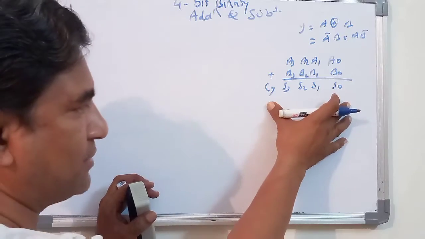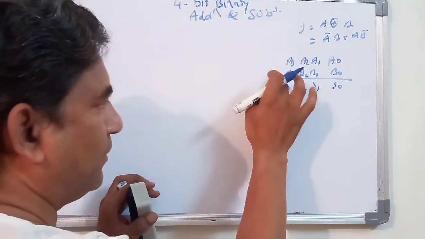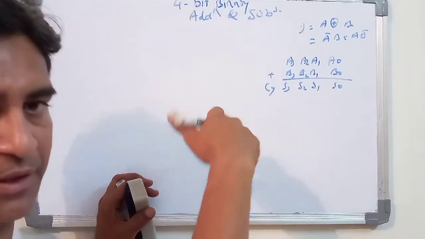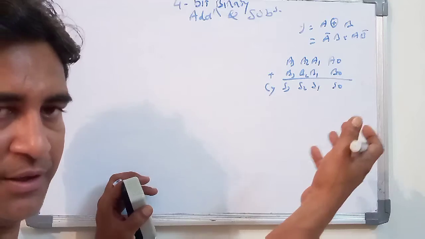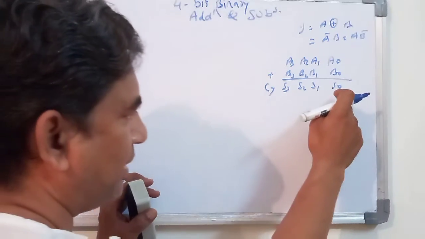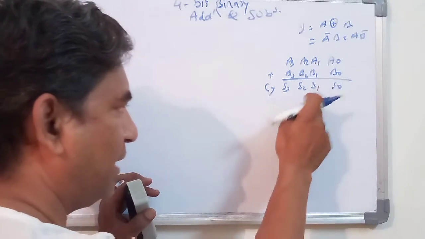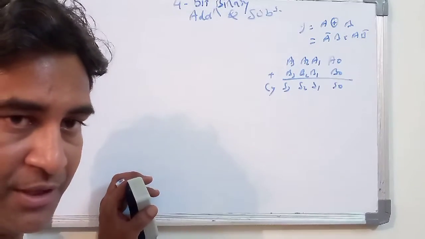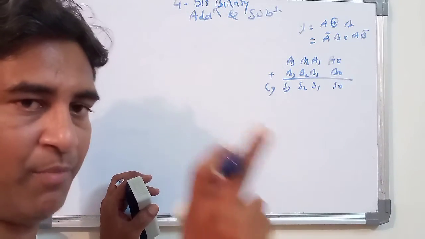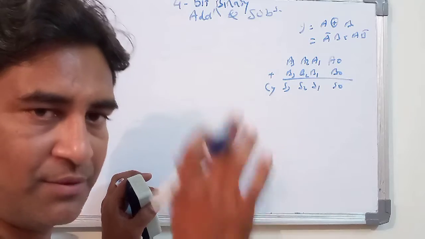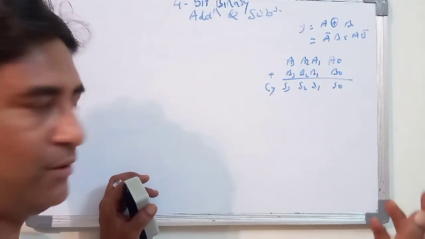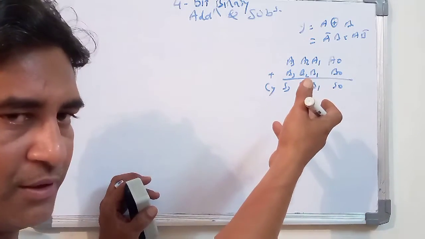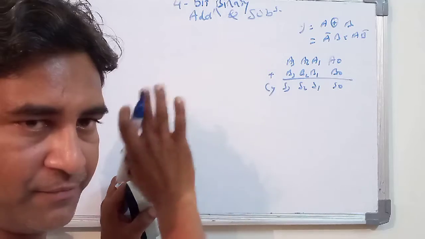Okay, it is a sum. If this sign is changed, then the subtraction is going to occur. For the subtraction, you will get the values S0, S1, S2, S3, but the carry is not generated. You may say that a borrow is generated in the subtraction. That borrow has been indicated here.